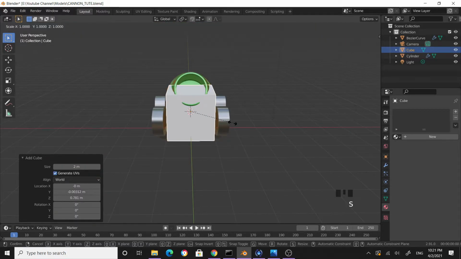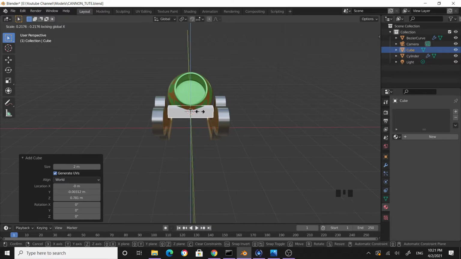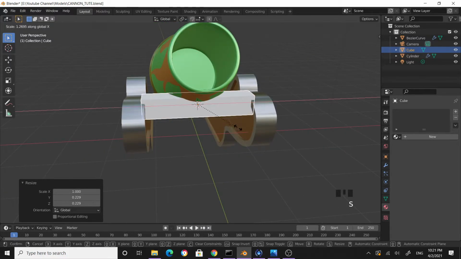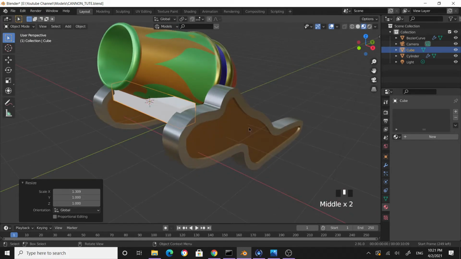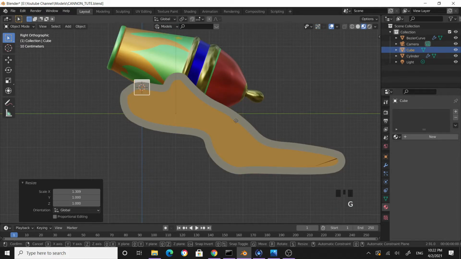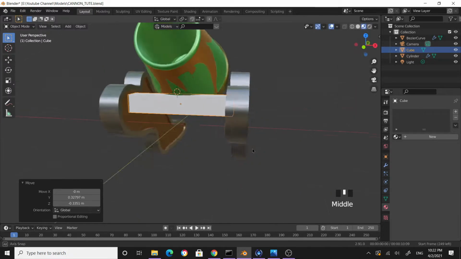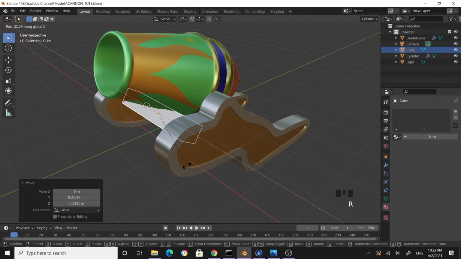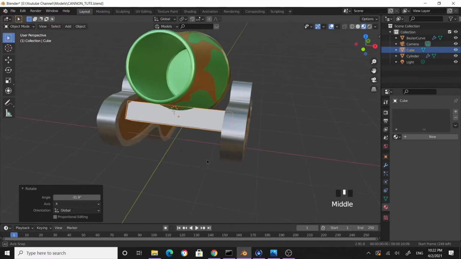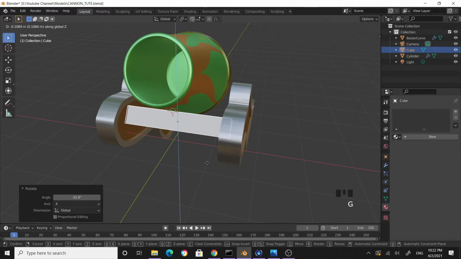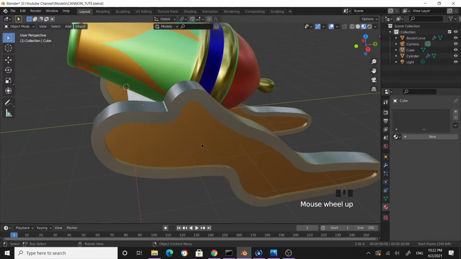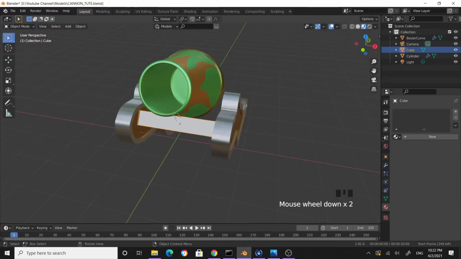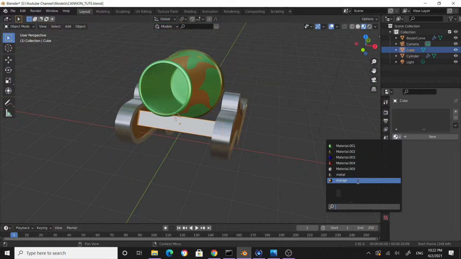Now scale Shift X, so you are scaling along Y and Z but not along the x-axis. Now scale X. Now what we need to do is go to side view and then grab it. Now I need to rotate this one along the x-axis, and then again grab Z. You don't have to be millimeter precise. If it is looking great, that's what we want. Let's apply an orangey color to this one,